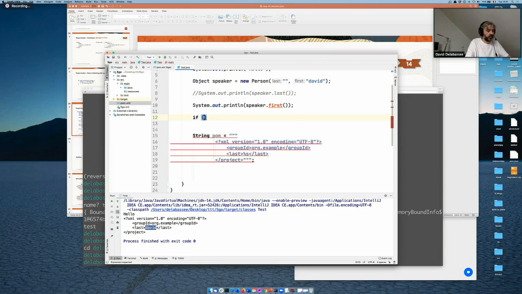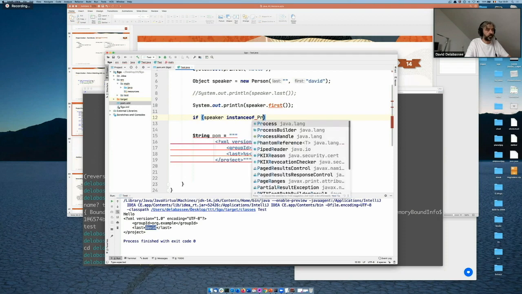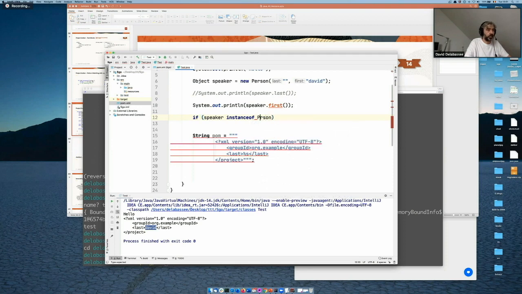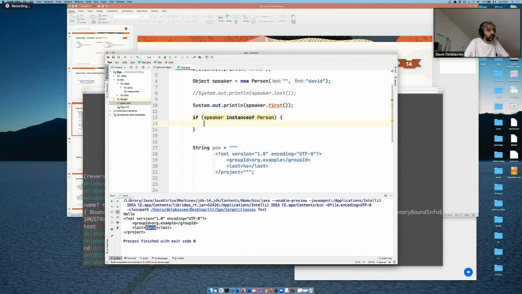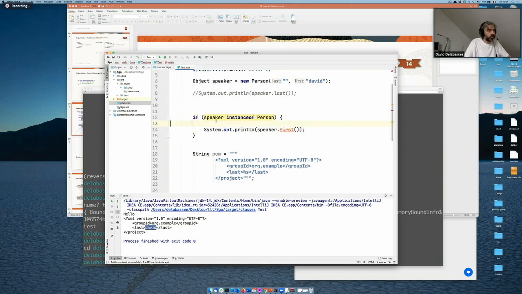So if speaker instanceof Person, so if it's a person, then what we do, we create a new object.